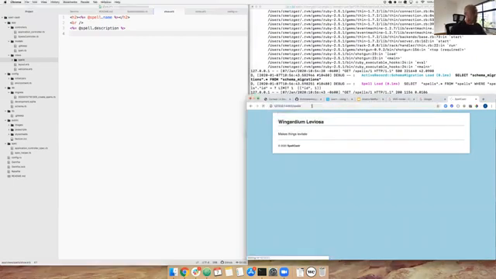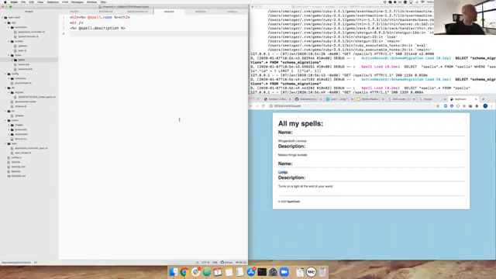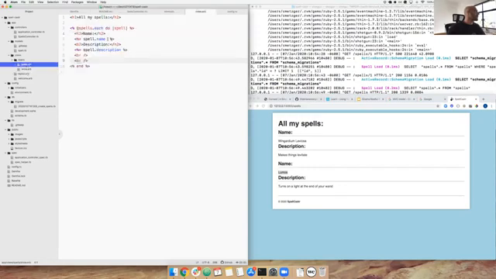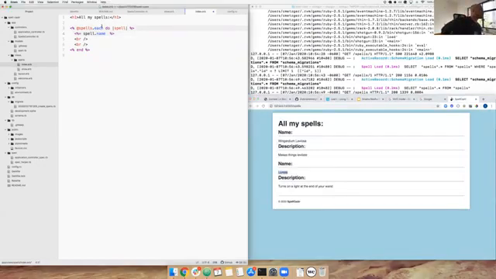All right, so let's talk really quickly about how we get from here to, you know, I should be able to click on the names of my spells. So let's go back to our view really quick, and we're going to use our ERB. We don't need the description anymore because the description is what we're going to see in the show page. Maybe I'll say each_with_index to spell index. Does the index, I think the index goes second, right? Say index, and then,